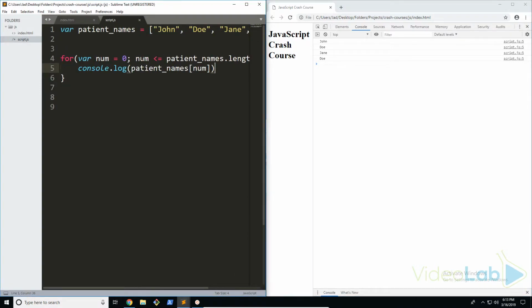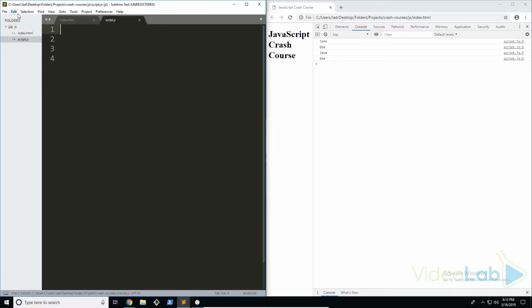So that's pretty much it for loops. This is pretty easy, and you can get a lot of benefit out of using these loops as they are very useful in JavaScript. The last part of this crash course is functions. So functions are probably the most important part of any programming language because you can really optimize how you want to run something. So let's go ahead and say we wanted a scenario where we wanted to print our name